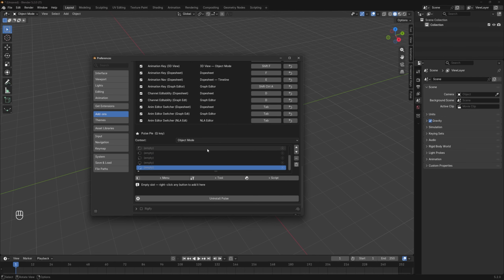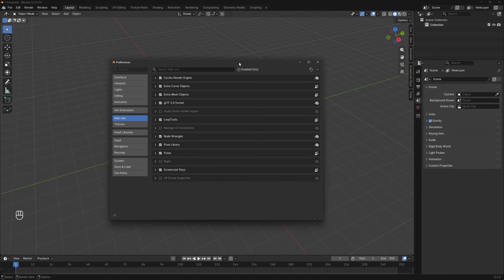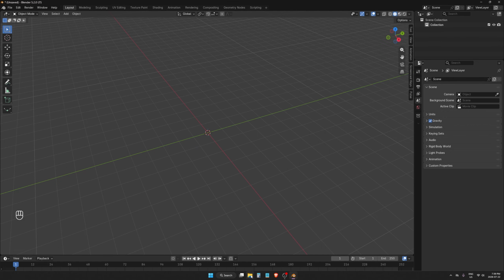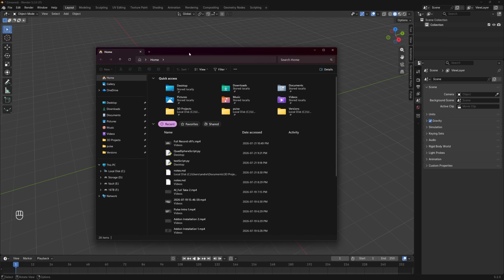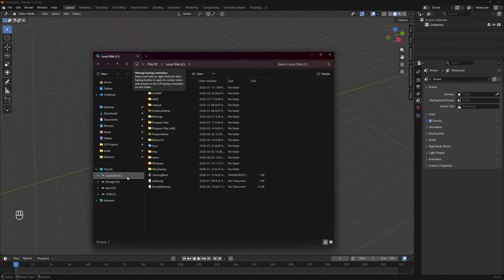Now, if the developer had thought of it to uninstall it, what you would do is scroll down and find an uninstall button, or if that's not available, the backup on how to remove an add-on is a little bit convoluted, but I'll show you. What you do is you go to your File Explorer, or however you navigate your files in your operating system. You go to your primary drive. You're probably going to have to show your hidden